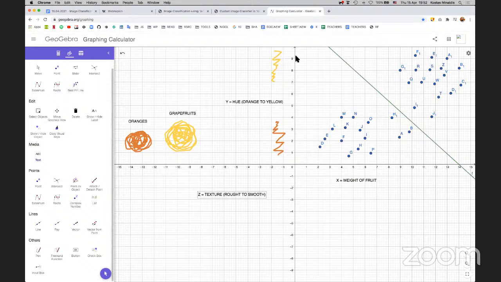But since this is a two-dimensional graph, if we want to put another dimension here, another feature, we're going to have to use a three-dimensional coordinate system, a three-dimensional space. Of course, this is just a two-dimensional space, but you can imagine another axis coming here, going to the back of the screen, and in that axis we're going to have values of Z, which will be the roughness, let's say, of